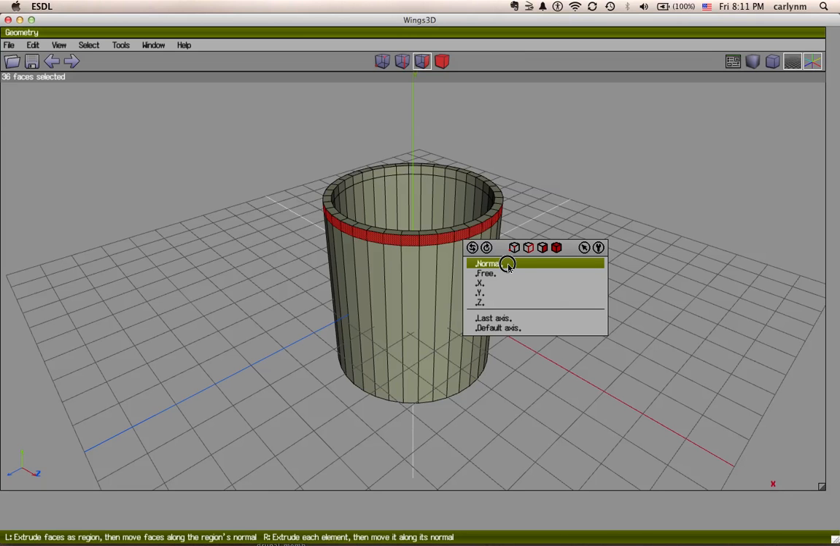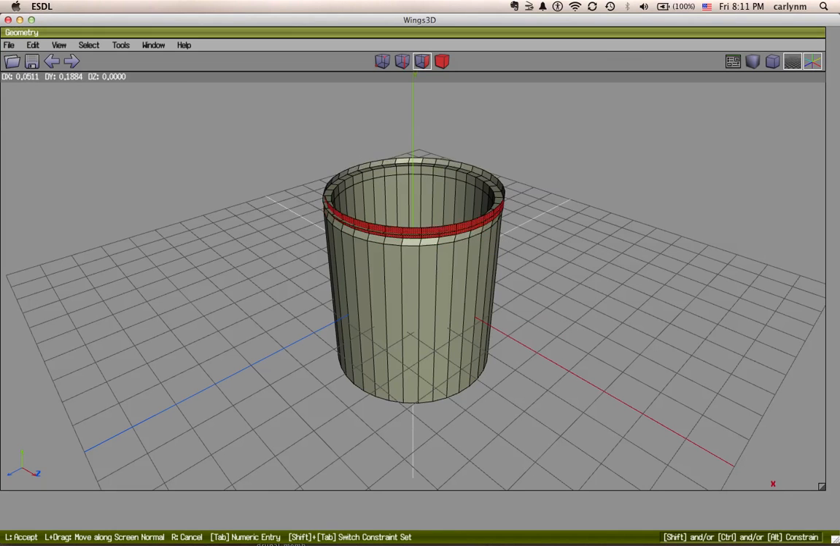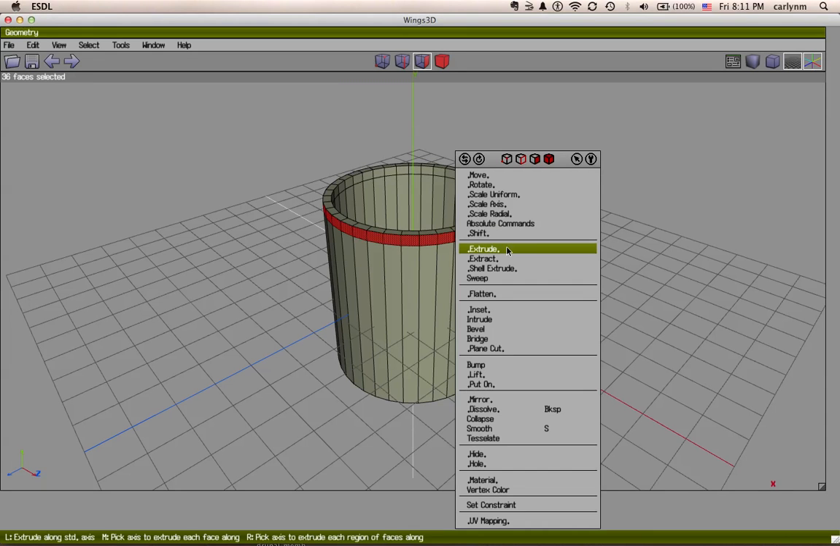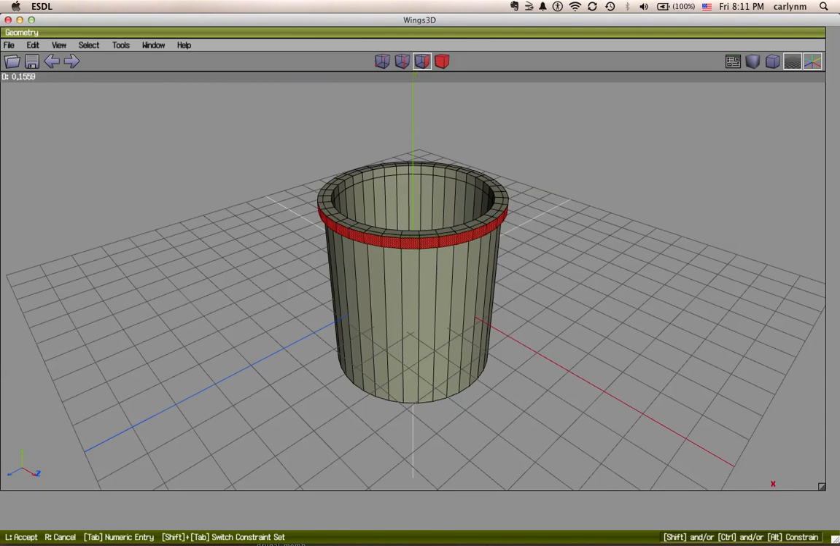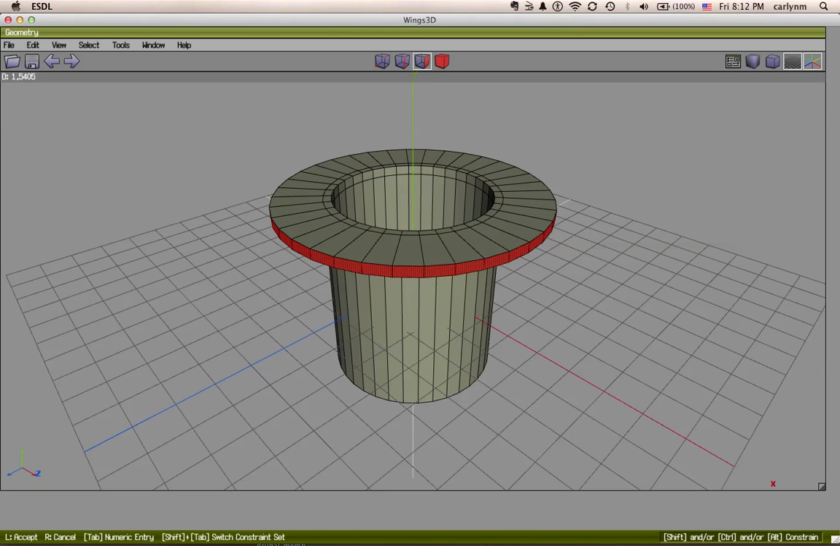Again, normal. Actually, I'll show you what free is. Free is sort of fun. You can move around. All right. You don't want to do that. We want to go ahead and do extrude, normal. And I know, tab, that I want my lip to be 1.5 centimeters out from the edge. And I'm going to press the space bar to make sure that I don't have anything